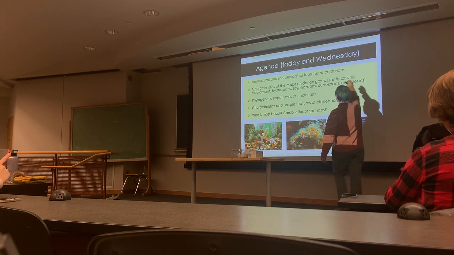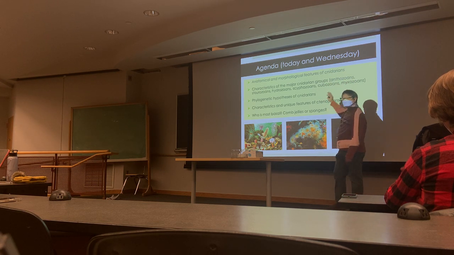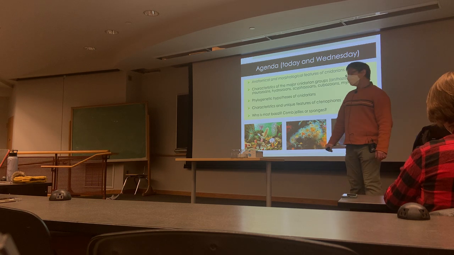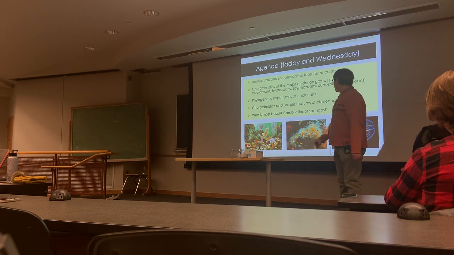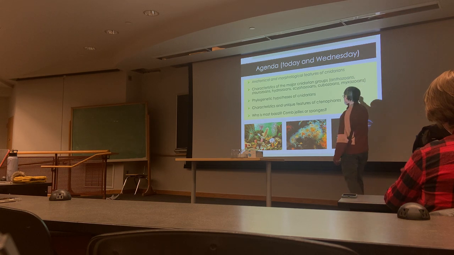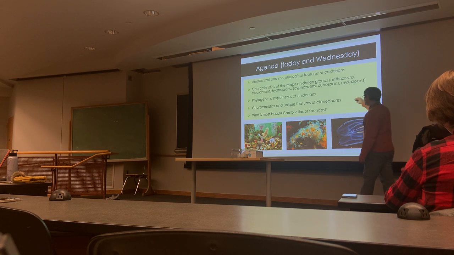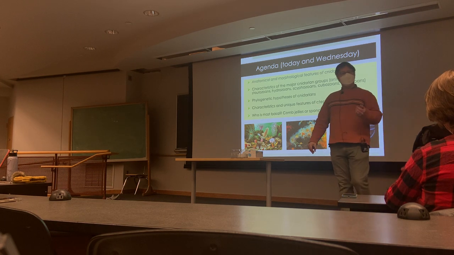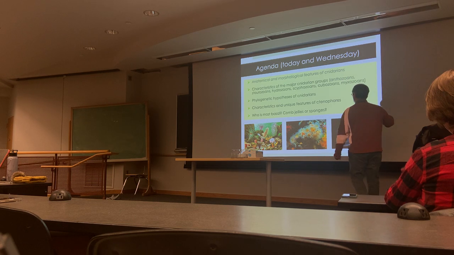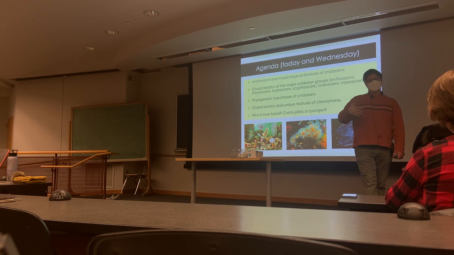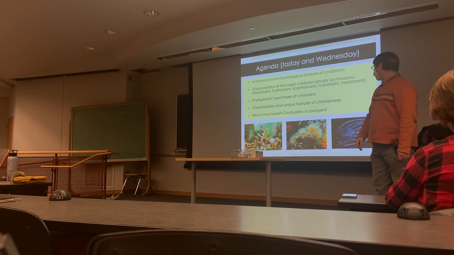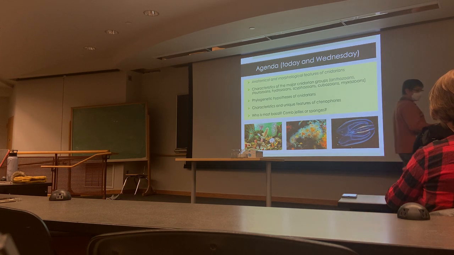So we talked about general features of Cnidarians and started going through the major classes of Cnidarians. We got through anthozoans. We're going to be covering the rest of the classes today. I'll briefly talk about phylogenetic hypotheses of the Cnidarians, because it's important for understanding how traits have evolved within the group. Then we'll talk about Ctenophores and end up with a little bit of a discussion about sponges versus Ctenophores as being the most basal group of animals. At least that's my plan. We'll see if we get through it.